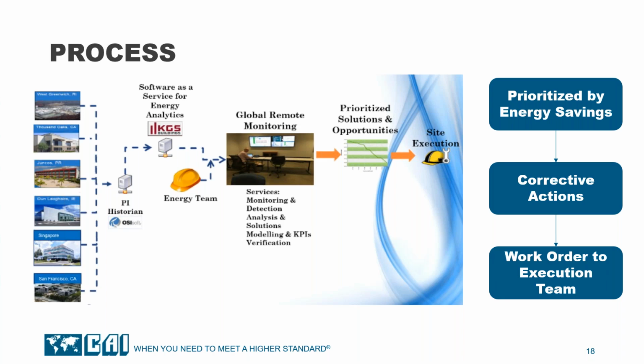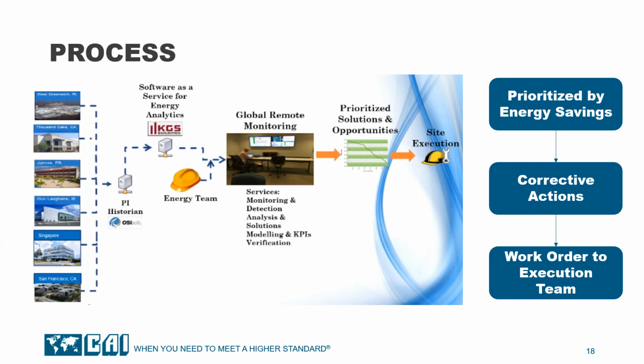One of the things that's really interesting about the software is that using your local utility rates, it prioritizes your actions by energy savings. So if it comes in and says, hey, we've detected a high temperature fault, and it looks like it's the hot water valve that's chattering, and this is going to save you, given your local utility rates, $14,000 a year, and it's one of our top 5 alarms, it will bring that into the system. Not only does it give you what the fault is, ordered by the cost of energy, but it also gives you a series of corrective actions that you can take.